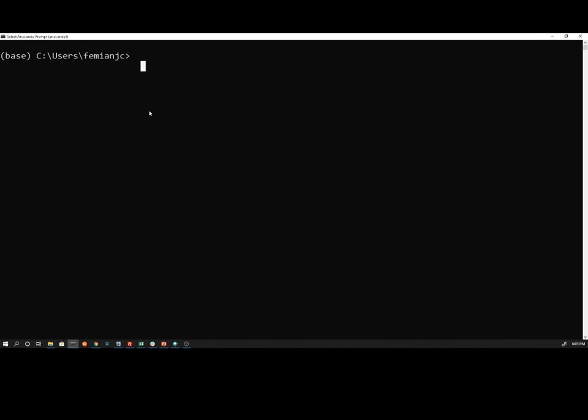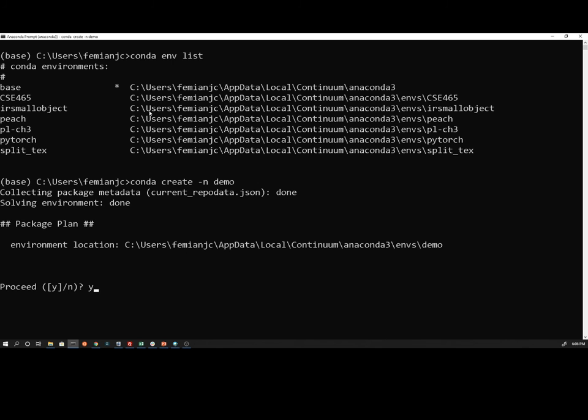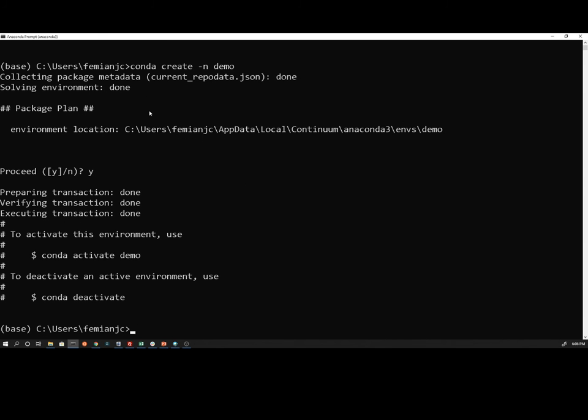Whenever we work, we're going to work from a virtual environment. So if I type in conda env list, I can see all of the environments that have been created on this system. There's a number of different tasks that I've done. I'm going to make a new environment called demo, and in order to do that, I just say conda create -n demo. What's going to happen is it's going to create effectively a new installation of Python on my system